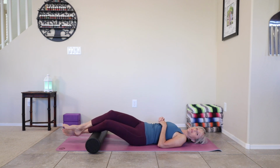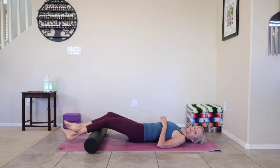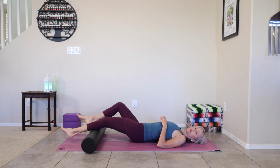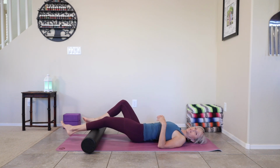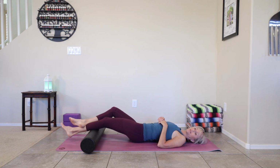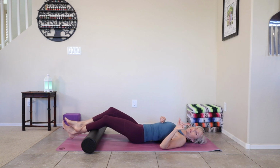So your right glute is up, you're leaning on that left butt cheek. And bending and straightening, and then continue through the center to the left. If the roller creeps up or down, just adjust it with that foot that's on top. And then we're going to bend the knee slightly, start to rotate the ankle, and then pass through the center,